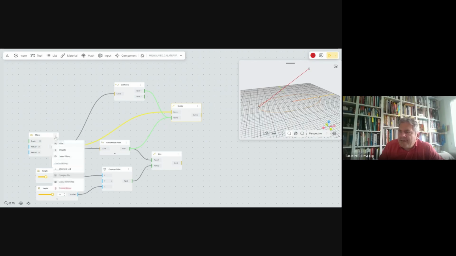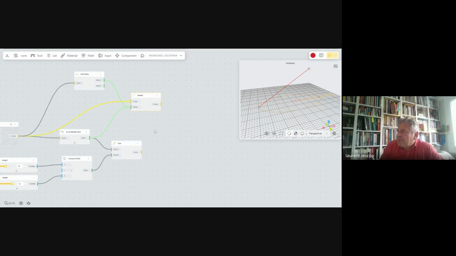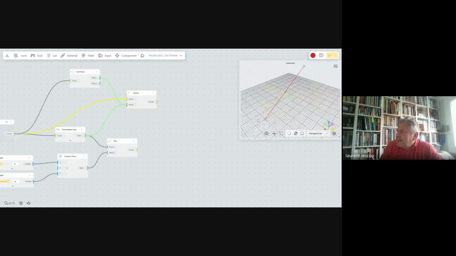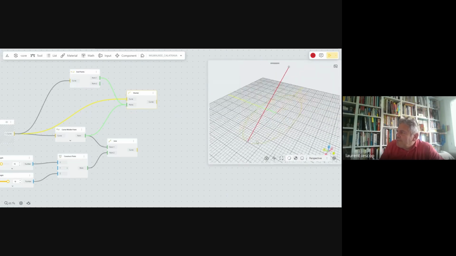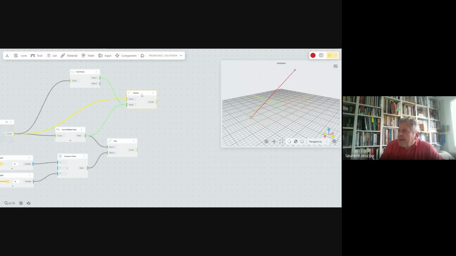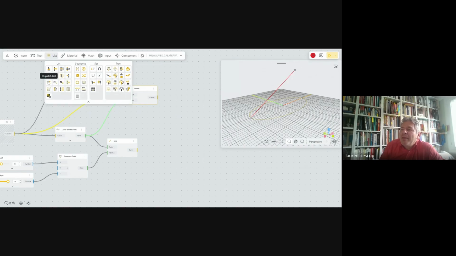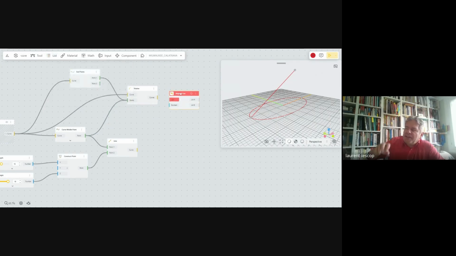Let's verify if it works or not. So here it's okay. I see I still have my curve, hopefully. But do I have two curves, two halves? Let's check it. So I will try this dispatch pattern. Dispatch is a very nice tool. By default, dispatch takes one out of two. So as I've got only two, I might have the first half here and the second half there. Let's try.